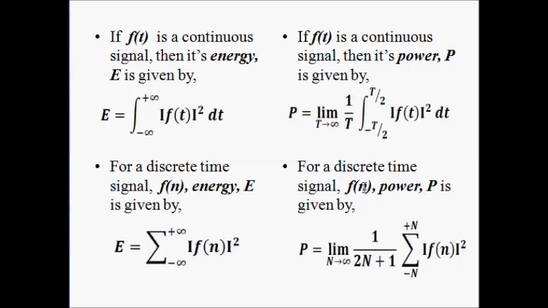Now, for a discrete time signal, power is given by limit N tends to infinity 1 by 2N plus 1, summation from minus N to plus N of |f(n)| whole square. N is the discrete time interval. Here T is the period of the signal for a continuous time signal and N is the discrete time interval for a discrete signal, capital N. So these are some of the basic concepts which are related to